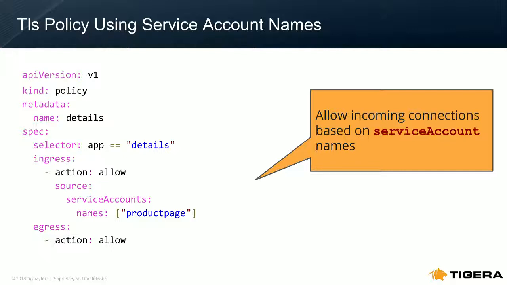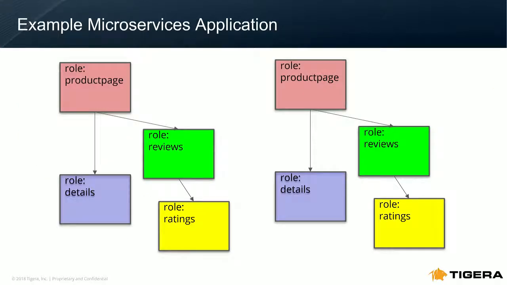Let's go down now and first think about what the developer does. The developer says product pages can talk to reviews and details, and reviews can talk to ratings. They don't care where this is running. So basically, they've done this graph. Salmon can talk to green and blue, and green can talk to yellow. That's the developer's input. In parallel, the InfoSec team has a policy that says greens can only talk to greens and salmons can only talk to salmons, or US can only talk to US and EU can only talk to EU.